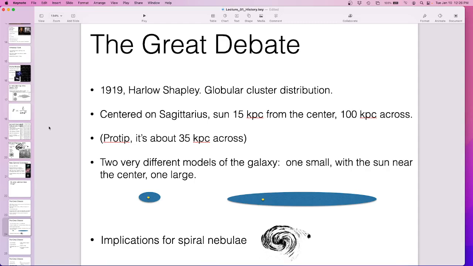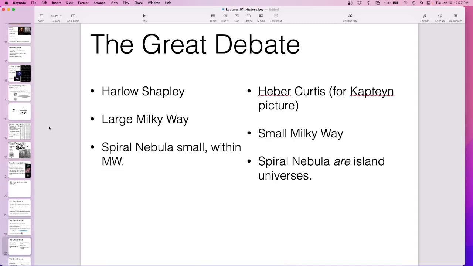So we have these two pictures, both of which have aspects that are correct. One says that we live in a little galaxy, so that external nebula, M51, that would be an external galaxy. In this galaxy, M51 might be part of the galaxy because this galaxy is huge. Right? Remember, we don't know where M51 is. It might be in the galaxy that we live in. And if it is, then it's like a blob of star-forming crap. Hard to say. So there was a great debate. They went through details. It's interesting to look at all of the details, but